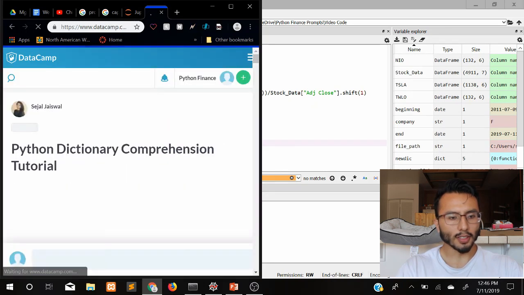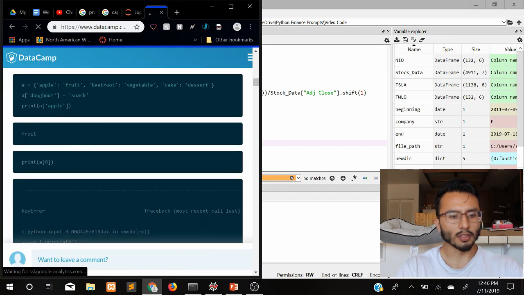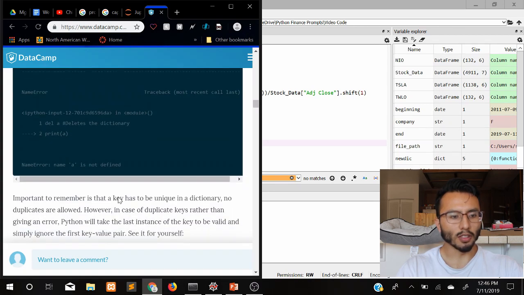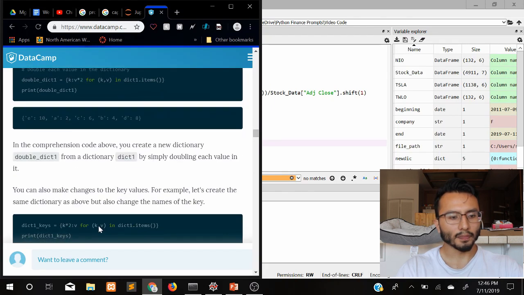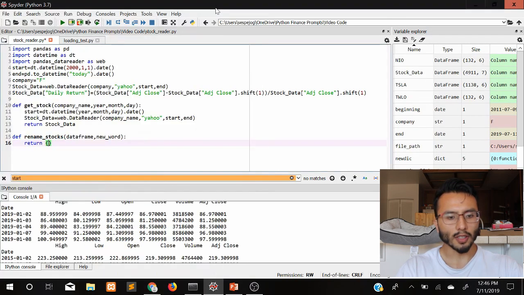So this is pretty much a type of notation that makes code much easier for us. And instead of using a for loop, it makes everything into one line of code, right? So it makes life easier for us, but it might be really difficult to read. So on the left hand side, we'll have our values that we want to output, and on the right hand side, we'll have our iterator, right? So we're going to return a dictionary that uses I. The difficult thing about this is that you don't know what I is yet, so you have to be a little bit imaginative. So we're going to return I, and